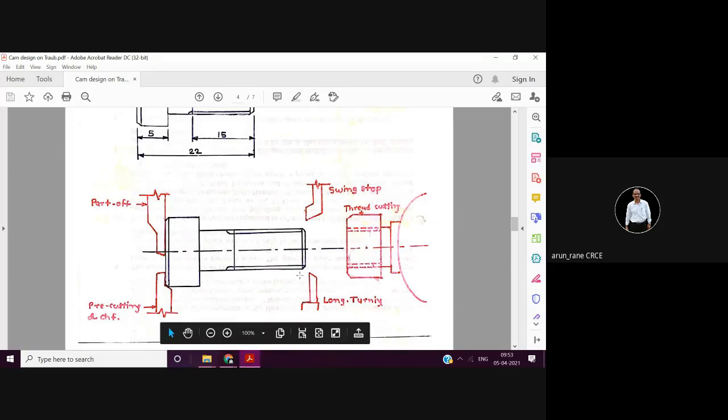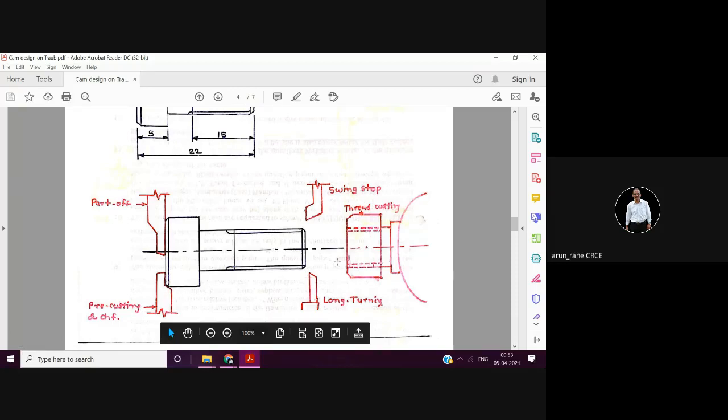Then this turning starts. Okay, with the help of this cam and drum cam. At the same time we are starting this. Then this turning is over, this comes to its original position. Then this thread cutting starts with the help of a die. With the help of a die, फिर ये threading भी हो गया. हम्म, तभी ये भी हो रहा है. Okay. Then we have to see this threading.